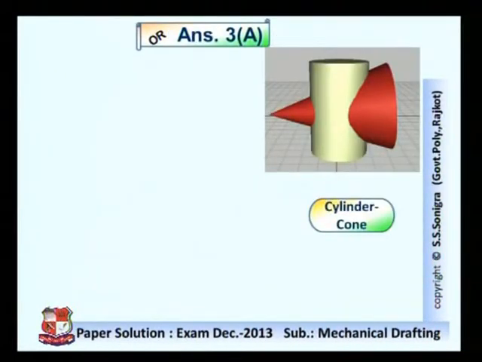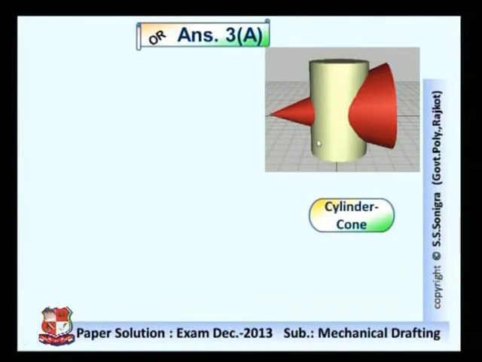Here it is given that the axis of penetrating cylinder is parallel to vertical plane. So given case is like this. This is the cylinder, vertical cylinder. This is a cone, and this cone penetrates through this cylinder like this, and this would be the curve of intersection. This curvature shape would be there. We have to draw this curvature shape.